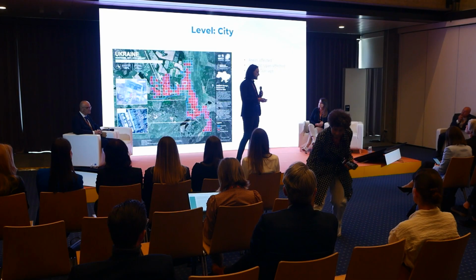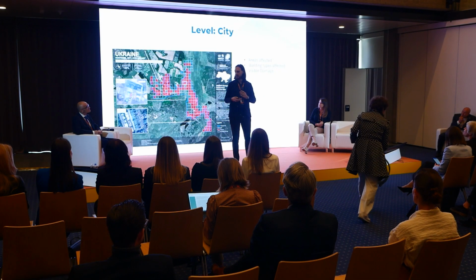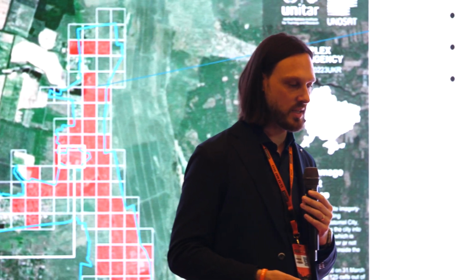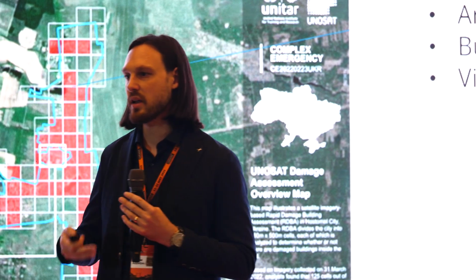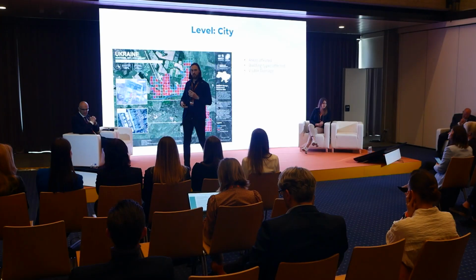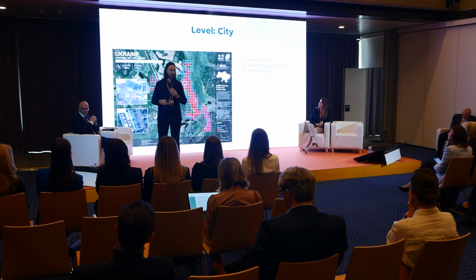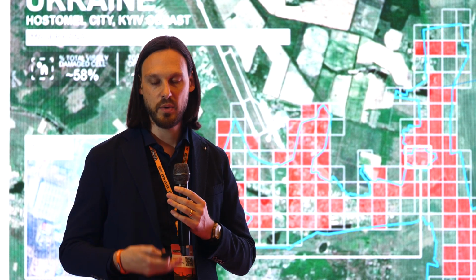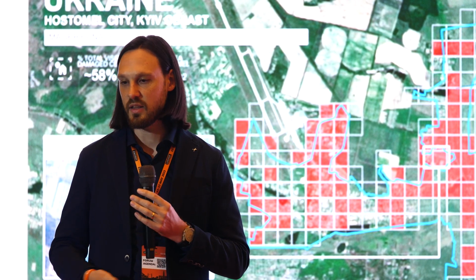There are technologies, not ours, which also allow to assess the damage within cities. So you use drone technology, use AI to then really understand which of the buildings have been affected. You can then break this down into different building types. So what kind of buildings have been affected, and also what kind of damage you see from above. But of course, this is not covering all of the building. This is not covering all of the damage, because to really understand what's going on, we need to go inside the building, and we need to capture this data from inside the building.